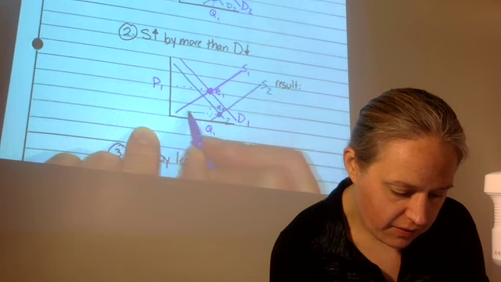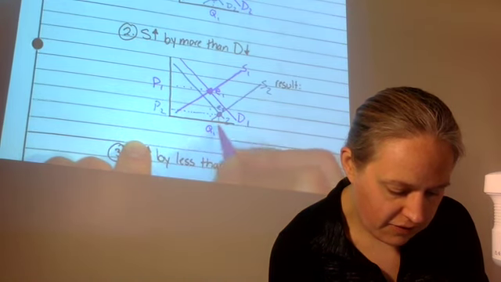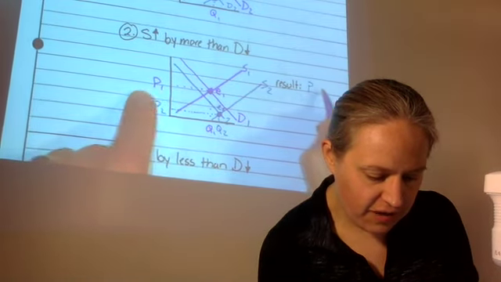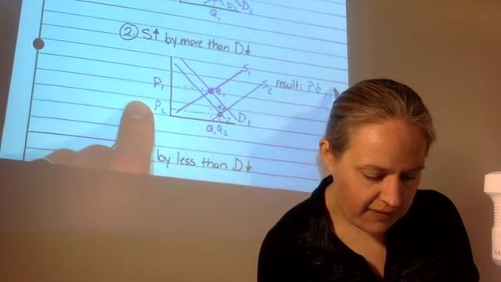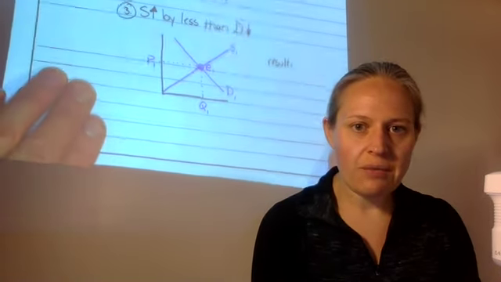So here's our new price and here's our new quantity. So in this scenario, the price went down and the quantity went up. And then number 3,